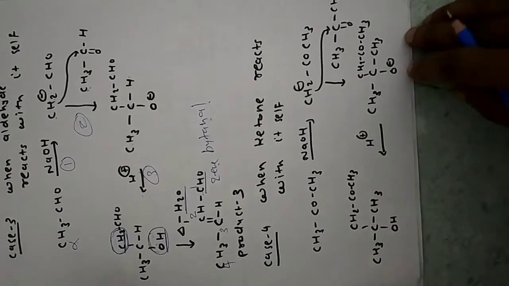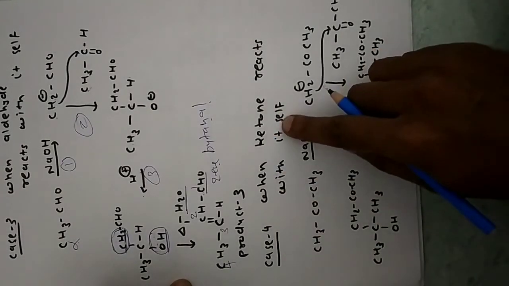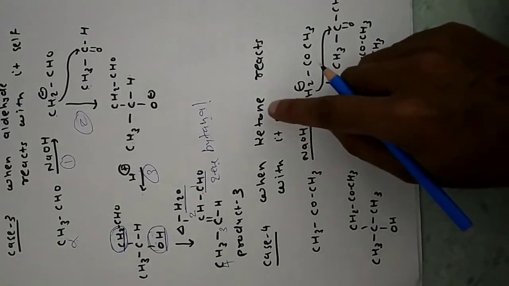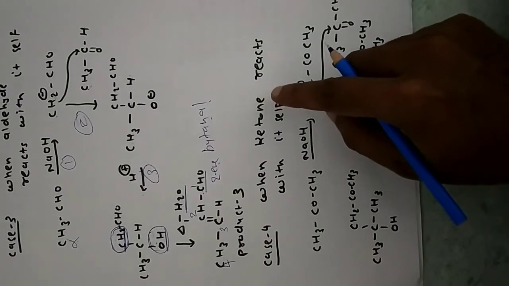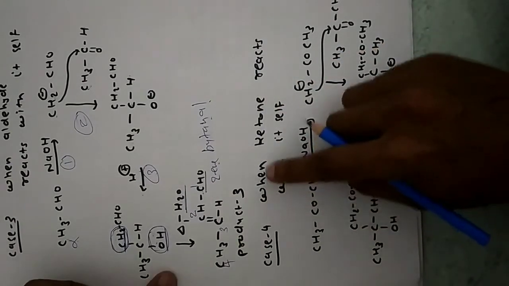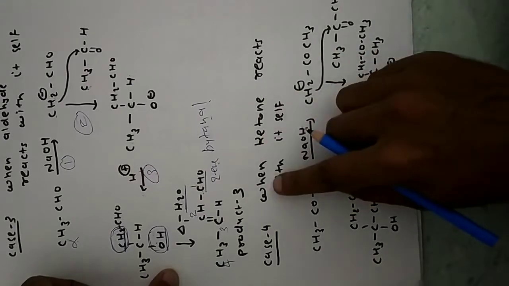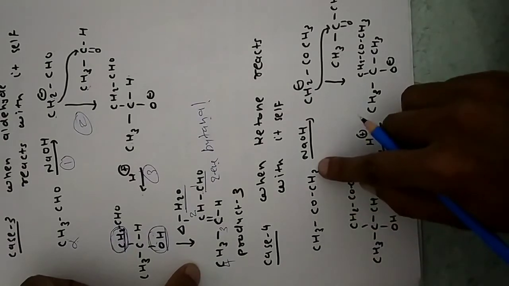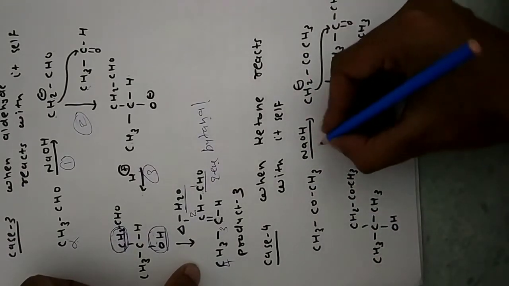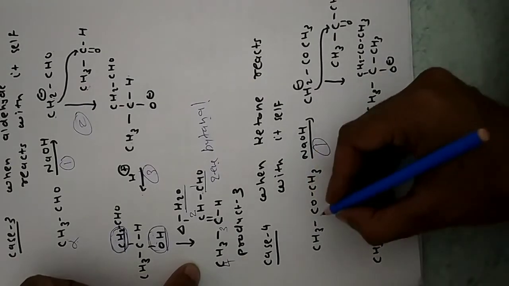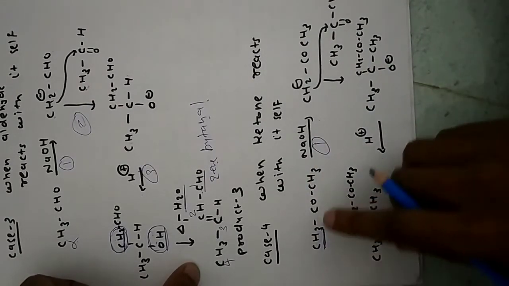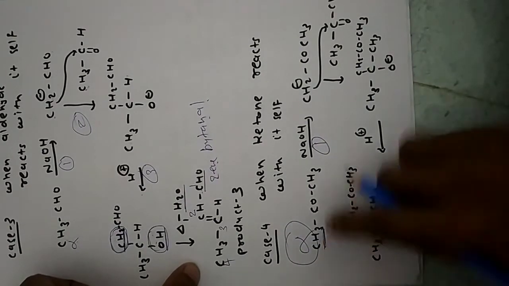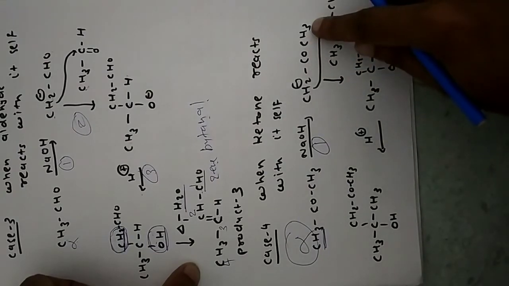Now product 4. In case 4, 2 molecules of ketone reacts together as per the aldol reaction. Again, 2 molecules of ketone reacts as per the aldol reaction. So you can see when ketone reacts with itself, second molecule of ketone, CH3COCH3, NaOH. This one is the step 1. What will you do in step 1? Remove hydrogen from adjacent carbon. This one is alpha carbon, adjacent carbon, so remove hydrogen. You can say CH2 negative and COCH3.